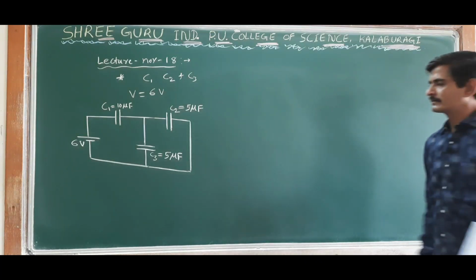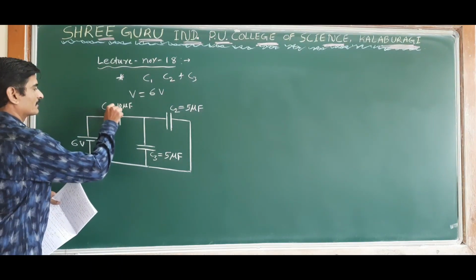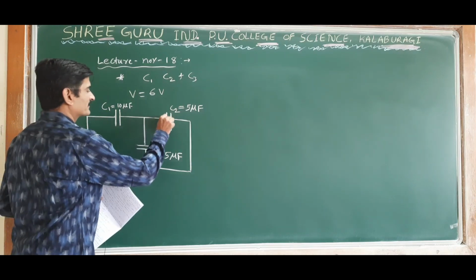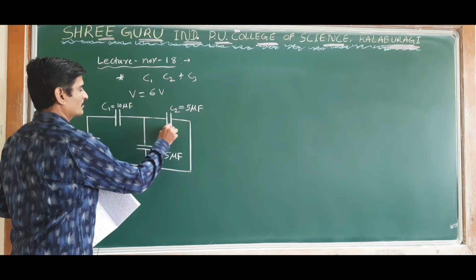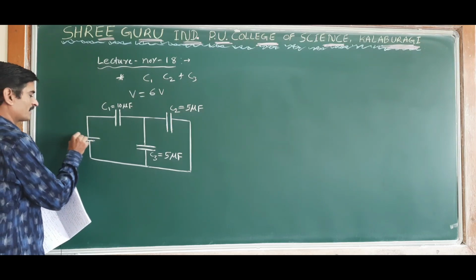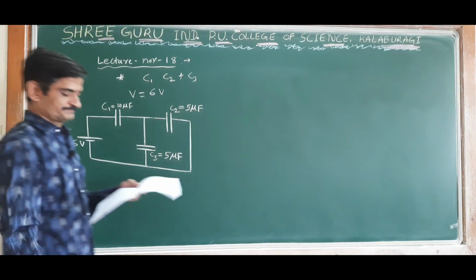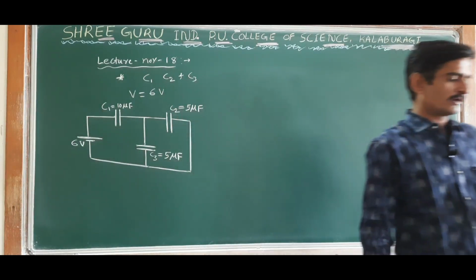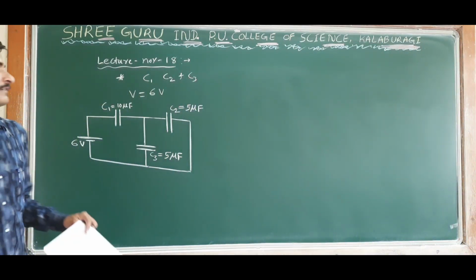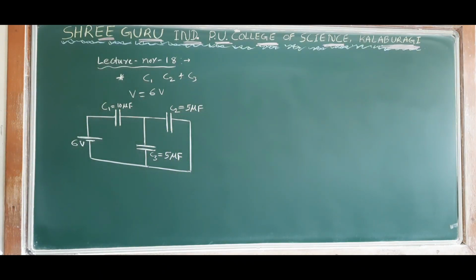So look at the diagram. This is a capacitor. Whenever you draw a capacitor, both lines, or plates, have to be of the same size. And for a battery, one line is bigger and the other line is smaller. Take care of that. Three capacitors C1, C2 and C3 are connected to a 6 volt battery as shown in the figure. Find the charges on the three capacitors, that is Q1, Q2, Q3 is equal to question mark.